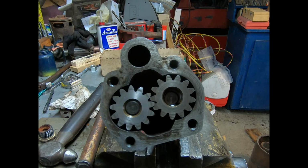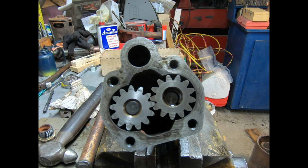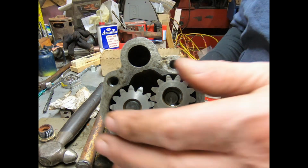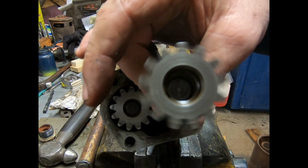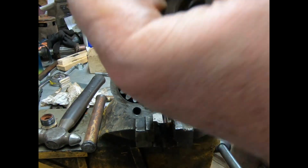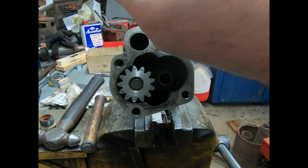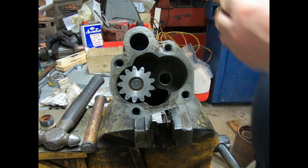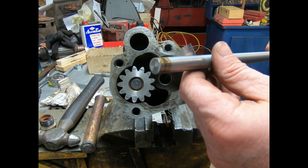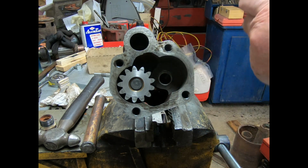So the actual housing has been repaired successfully. Much happier with this day's work than I was with the other days. Now all we have to do is take this gear back off, which it will come off, and I've got to go cut some keyways in it, which is going to take a little bit because I've got